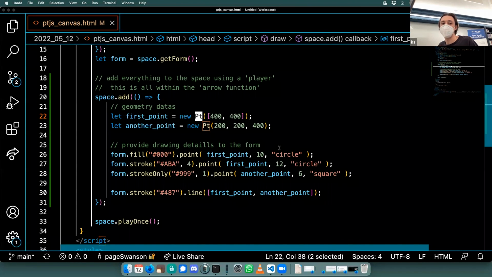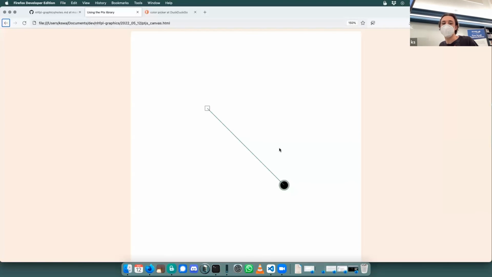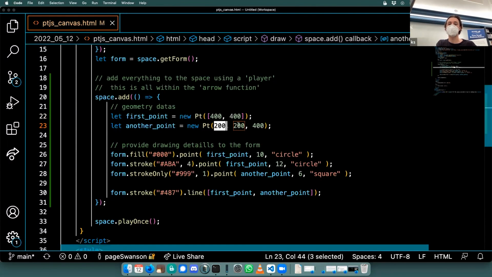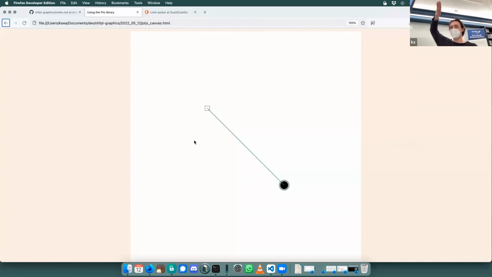The reason is that this library is built for computer graphics, so it's assuming everything is relative to this top left corner of the space, which is 0, 0. Whenever you make a point, you noticed how I specified 200, 200 to offset 200 across and 200 down. The library knows that I'm doing that, and it's going to assume that all of my